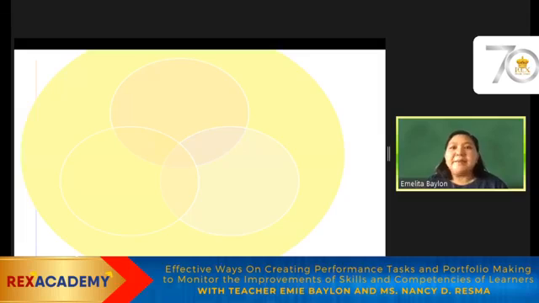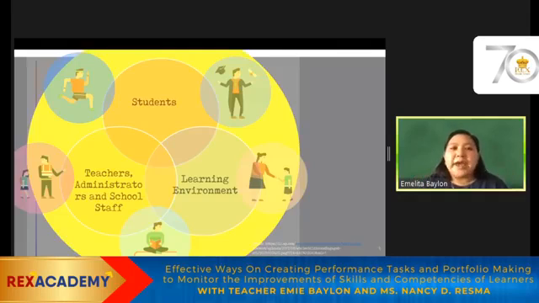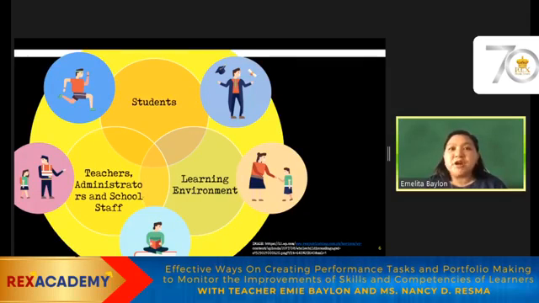So again, as I mentioned, assessment is a vital way for us not only to establish a harmonious, safe, secure learning environment amongst our students, but it is also a way for us to provide a deeper, varied learning path, without the students being compromised of their ability to be given a choice, to be heard, to be given a voice, and at the same time to be given the time to reflect and develop their metacognitive skills as they venture into the teaching learning process in the remote setup.